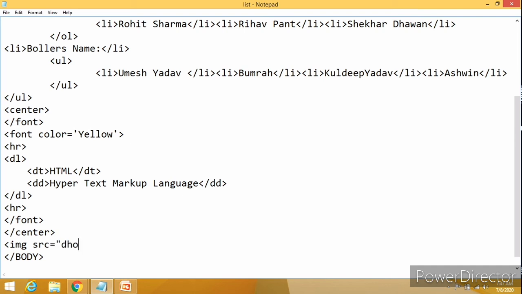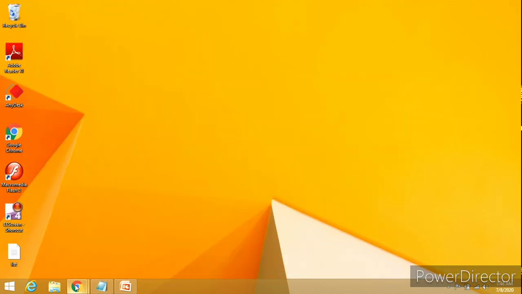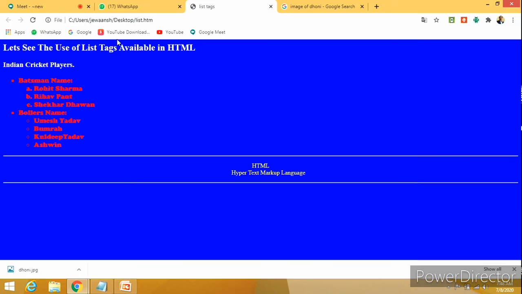Okay, I have written it as dhoni.jpg. Let us save this file. It is an empty tag, IMG SRC. So let us again move over here and refresh it.